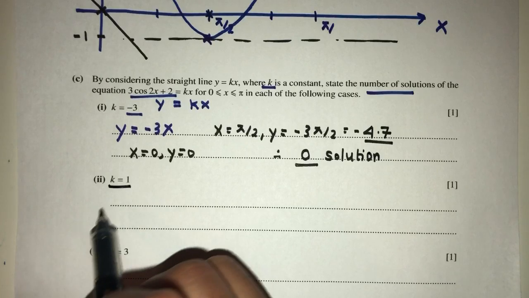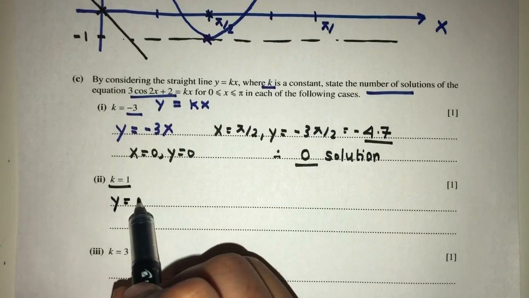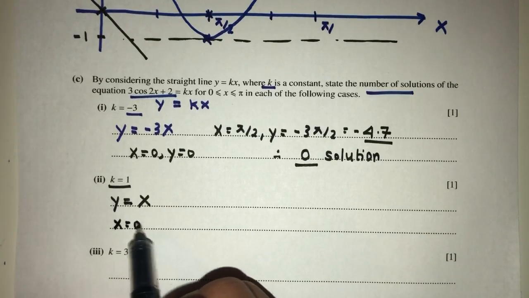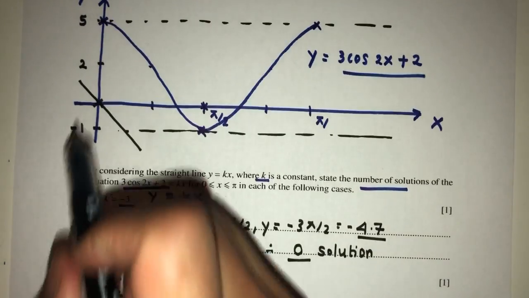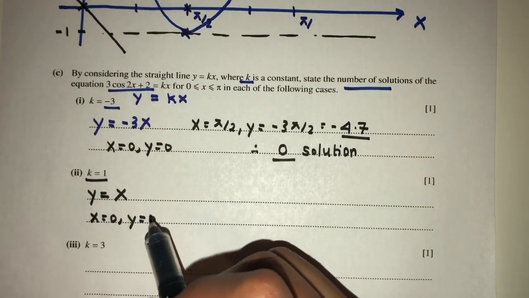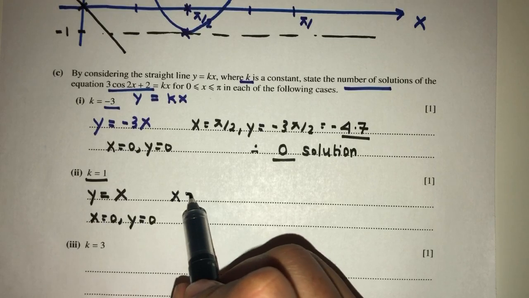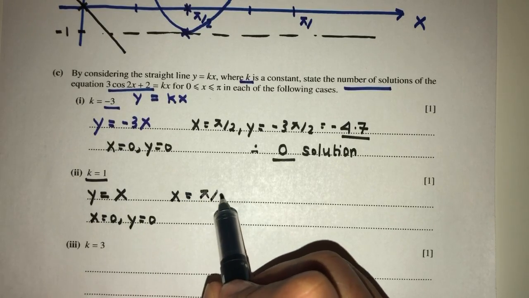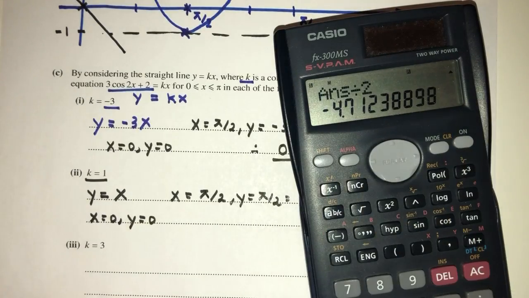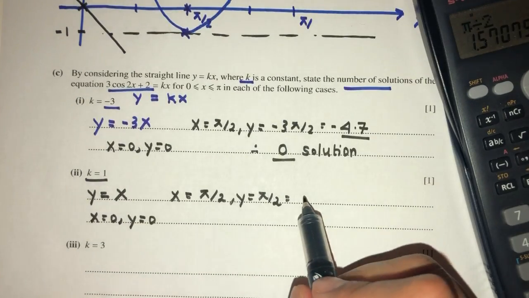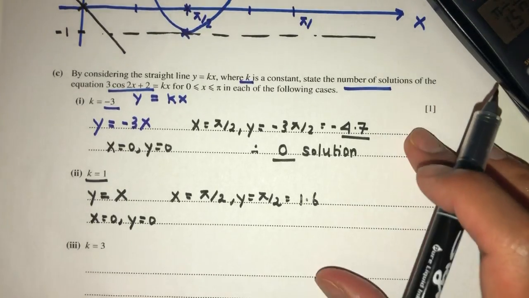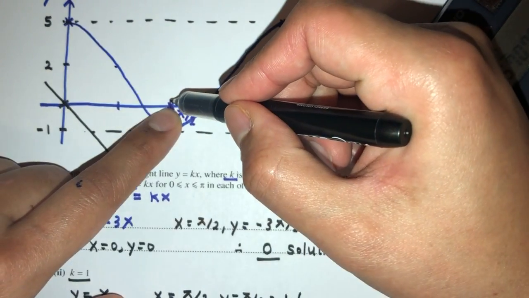Now k equal to 1, so y equal to x. So let's try again. If x equal to 0, y equal to 0, so we have a point here. Good news. Now next one, let's try, what if the value of x equal to pi by 2? So y will also be pi by 2, which is approximately what value? Pi divided by 2, which is 1.6, for example. So if x equal to this value, your value of y will be 1.6, will be somewhere